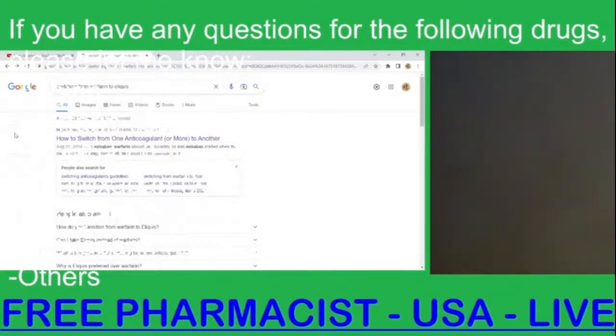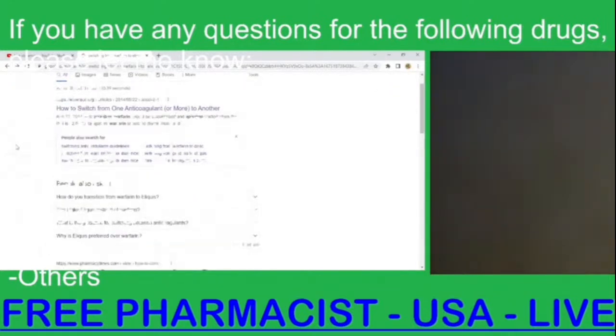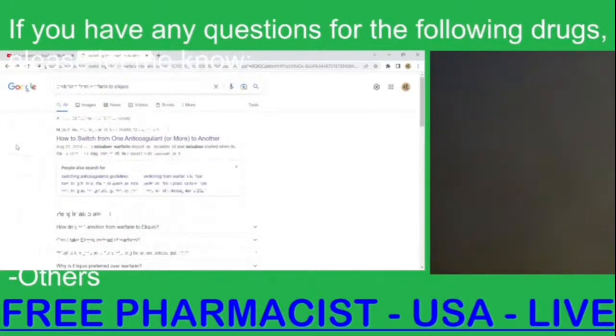So at that time I had time to send out the medication to the patient. For example, if I send it overnight, then the patient should receive the medication the following day. Or if the patient picks up the medication at the pharmacy window, then the patient has the medication ready to switch to the Eliquis from warfarin. So again, it depends on the INR level, so we can have the patient switch from warfarin to Eliquis